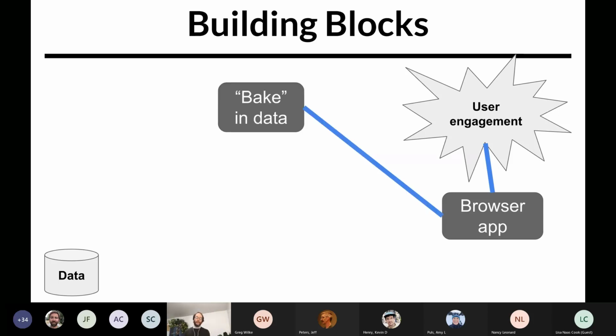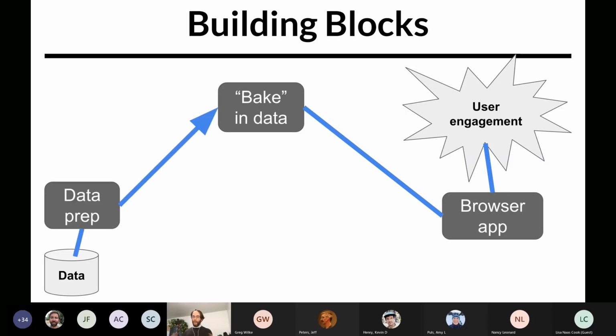And where I can, I try and bake in at least some of the data directly into the application so that in your browser, things load and display very quickly for users. Depending on the project, this may be limited to some lightweight summary data that we display on the homepage because your homepage should always load quickly. Or it may include some or all of the data that you display throughout the rest of the app. I always have to do a good bit of data preparation in advance in order to make this possible.